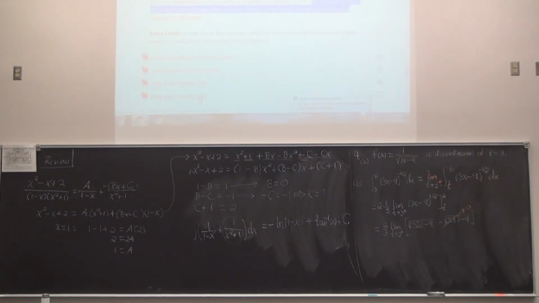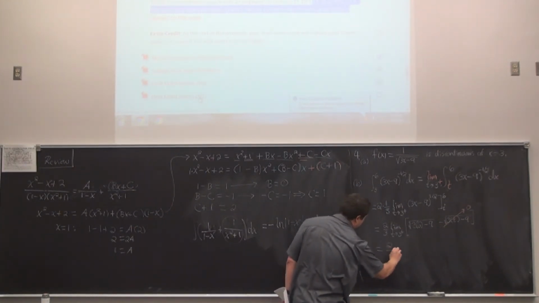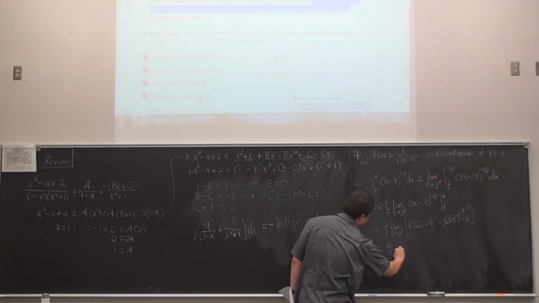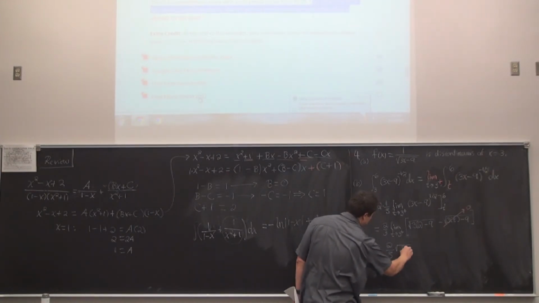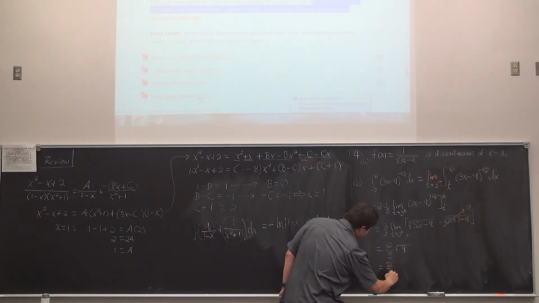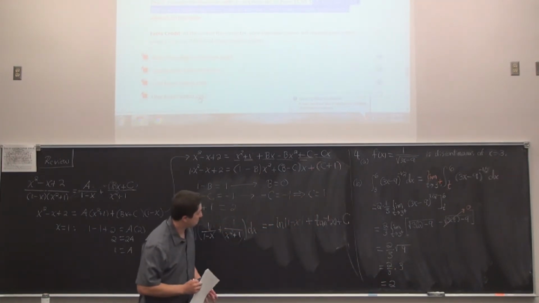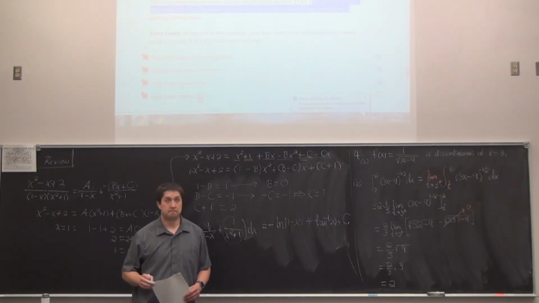Okay, you could also think of this in terms of continuity. The square root is going to be continuous from the left, right at 3. So you can use a direct substitution by that continuity. But then that would be the root of 9 minus 9, still 0. So the whole thing turns into, we're dropping the limit because we're evaluating it, and it comes out to 0. So all we have is 2/3 times the root of 18 minus 9, which is just 9. So the root of 9 is 3, giving us 2/3 multiplying 3. And so the answer to this one is 2. Right, questions with that one?